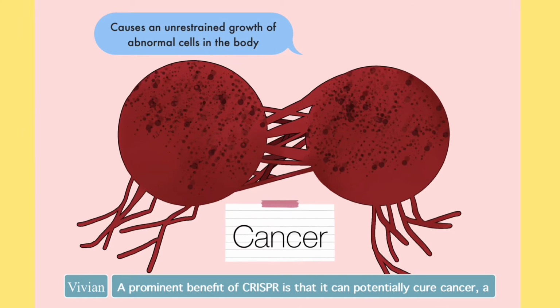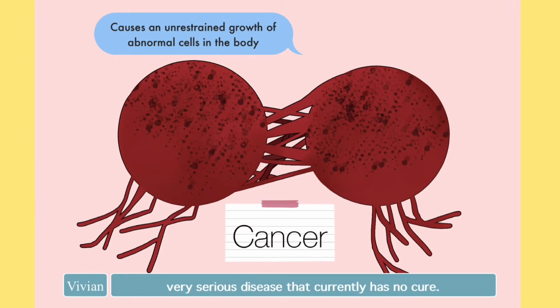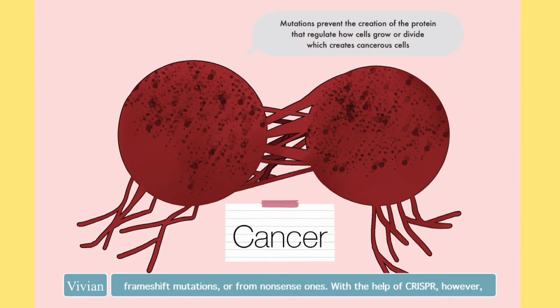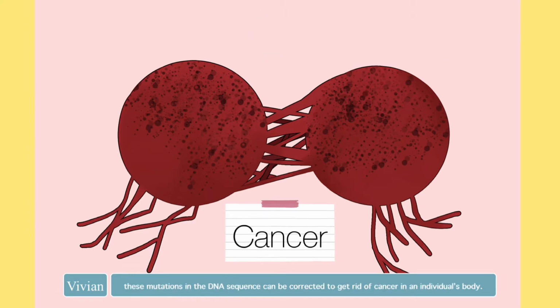A prominent benefit of CRISPR is that it can potentially cure cancer, a very serious disease that currently has no cure. Cancer results from a type of substitution mutation called missense, from frameshift mutations, or from nonsense ones. With the help of CRISPR, however, these mutations in the DNA sequence can be corrected to get rid of cancer